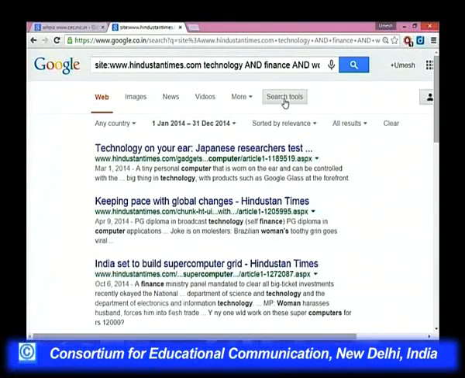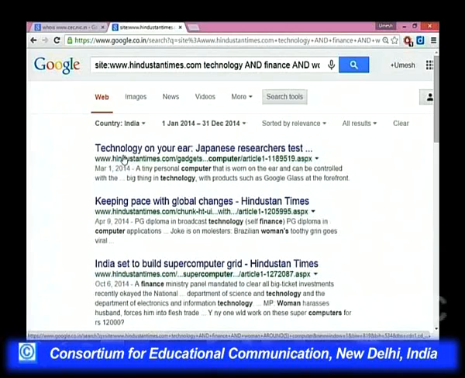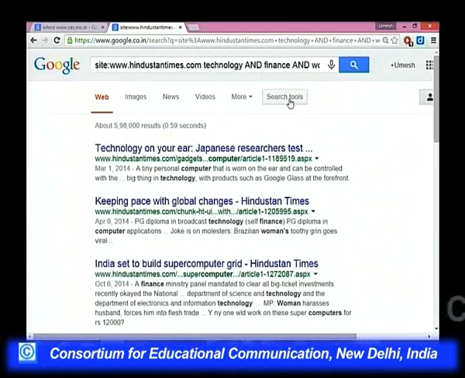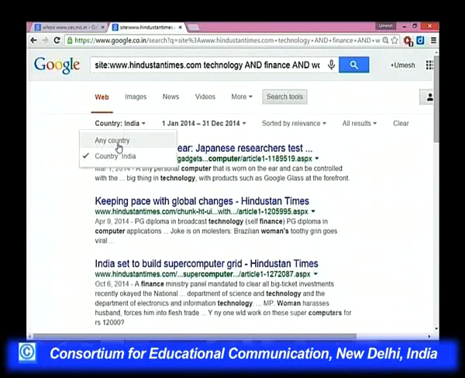So, this is the 1 year filter. Likewise, there are many filters like this. If you see the screen, press search tools and so many options would be presented in the form of a ribbon. Any country, again it is showing the results from around the world. Now, if you press India, then see these many search results, and you can change the name of the country and the results would be displayed accordingly.